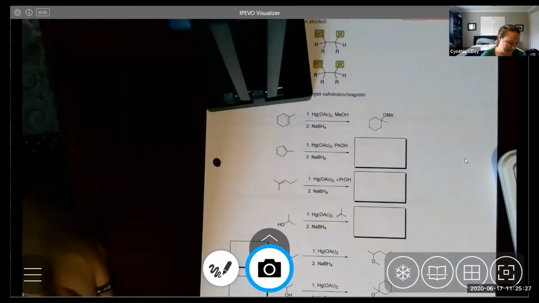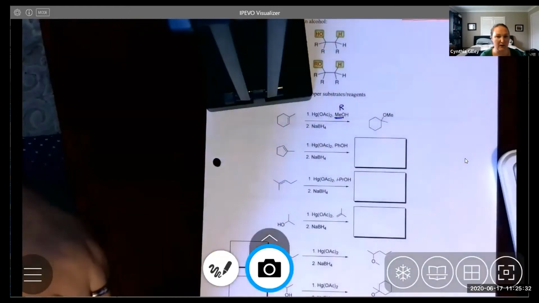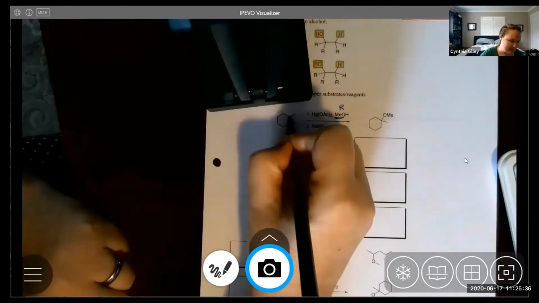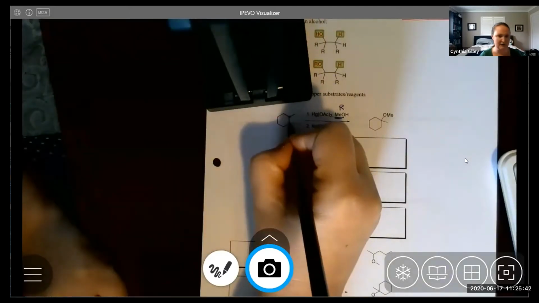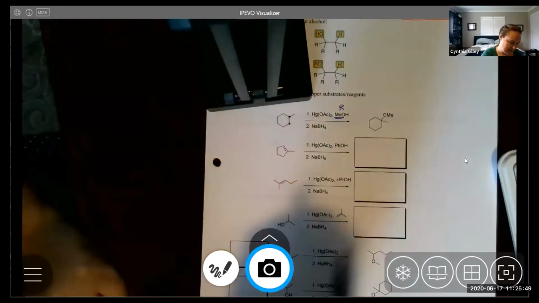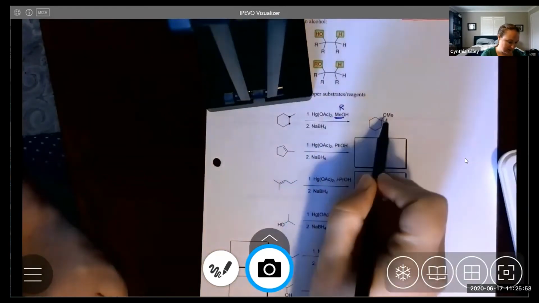Notice that the group here, the so-called R group, the alcohol, ends up at the more substituted position on the alkene. And then on this carbon, the less substituted one just gets a hydrogen. So that's often not even drawn in. So essentially this carbon just got a hydrogen, which we didn't see. And then because we use methanol, we end up with